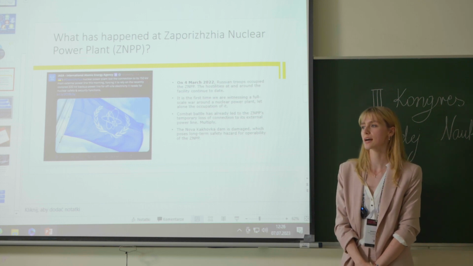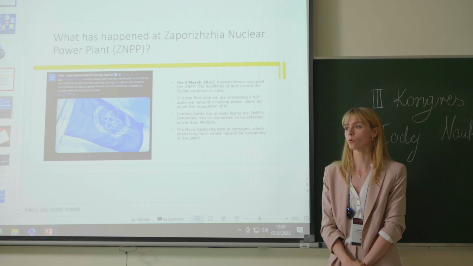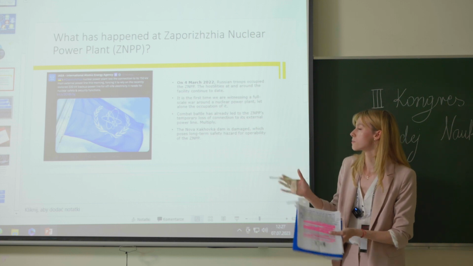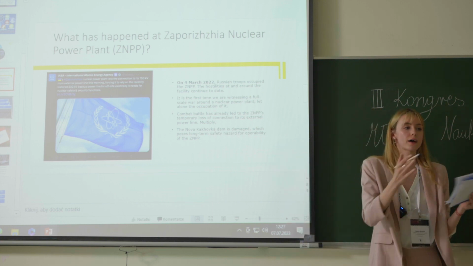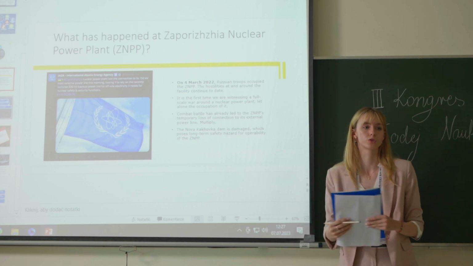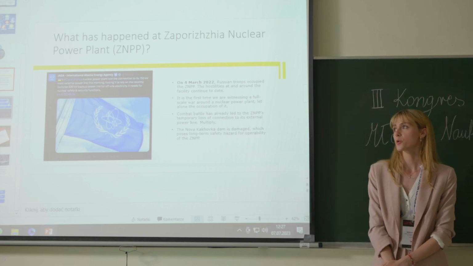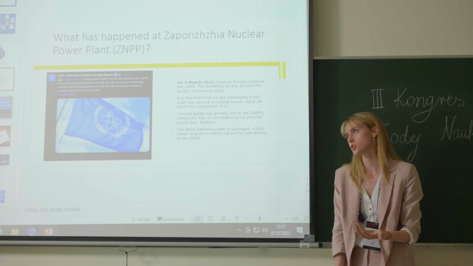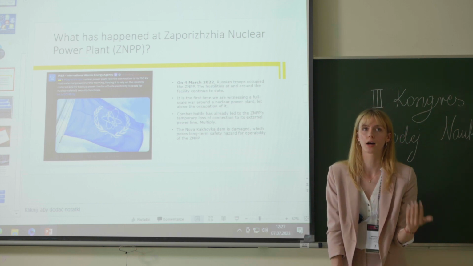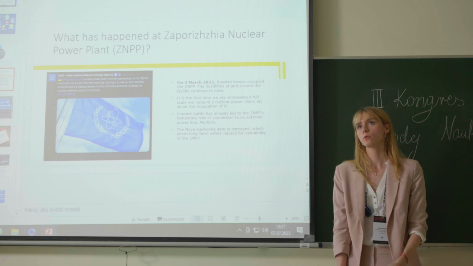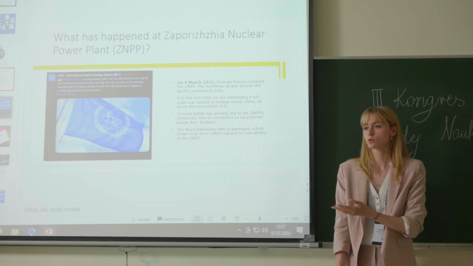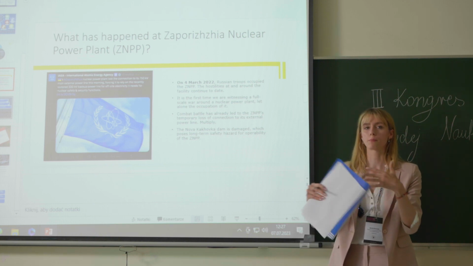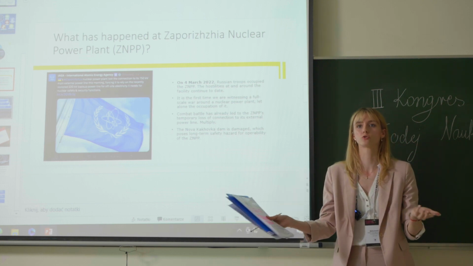So what does it mean? It doesn't mean that we have an immediate risk for the Zaporizhia nuclear power plant. But again, as you see on the diagram, we have the cooling pond, which is fed by water from the Nova Kakhovka reservoir, which is upstream of the Nova Kakhovka Dam. So in the future, sometime later, probably there is going to be a situation when we do not have the supply from the Nova Kakhovka reservoir, and we have not, surprisingly, understood how to pump the water back into the cooling pond. And the cooling pond water will vaporize and then we just do not have water.